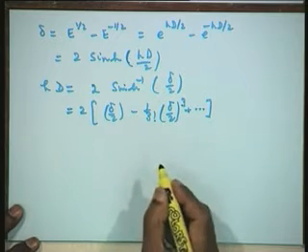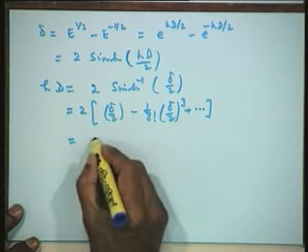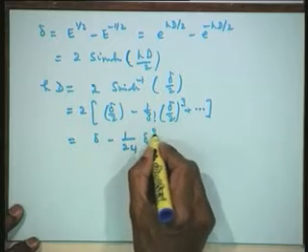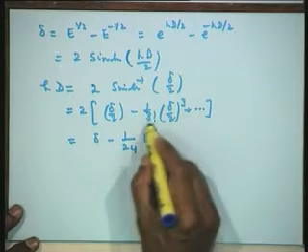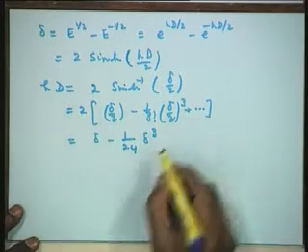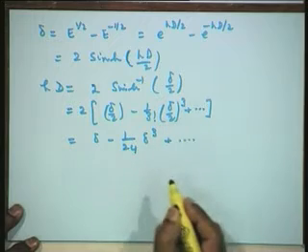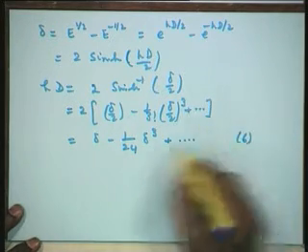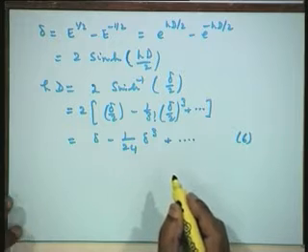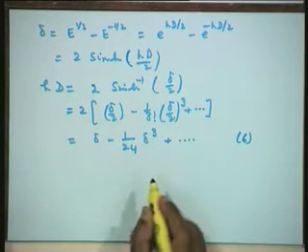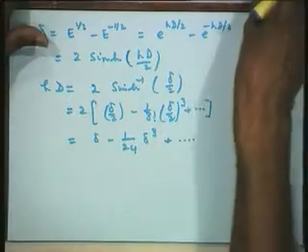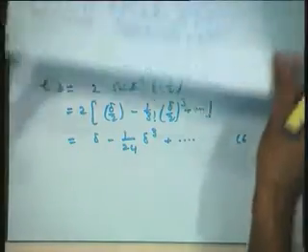The first 2 terms will be the same. That means I can write this as delta minus 1 upon 24 delta cubed. This is 8 into 6, 48, you have a multiplicative factor here. So, this is the first derivative in terms of the central difference. Now, the second derivative is almost trivial, because what we are looking for is D square.